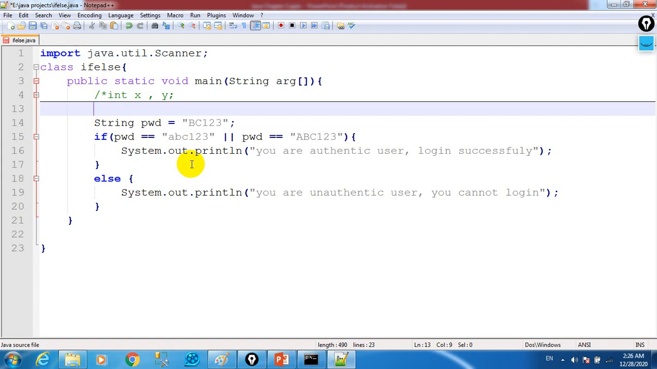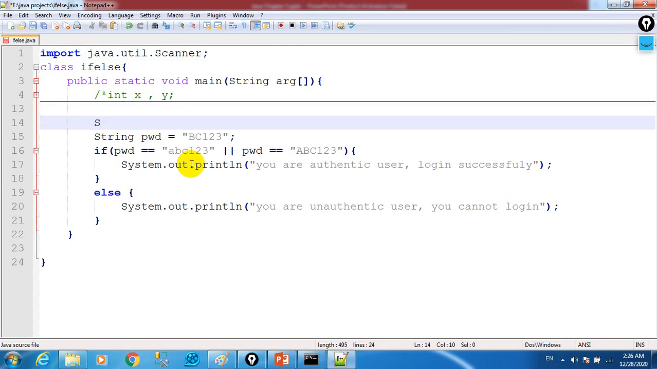So here let me just create a scanner class. I will take a scanner, for example input, a variable, an object. But this is a class, okay, so the name of the class should be same, like this. If the spelling is wrong, it will not work correctly. Input is an object, so you can give any name. Input is equal to new Scanner. So here we will take input